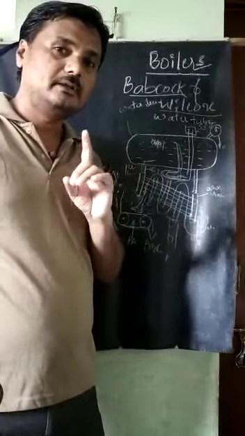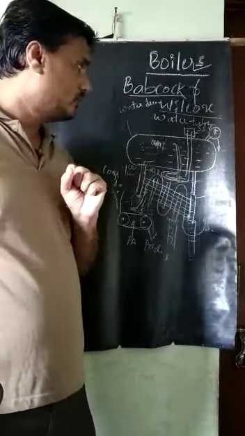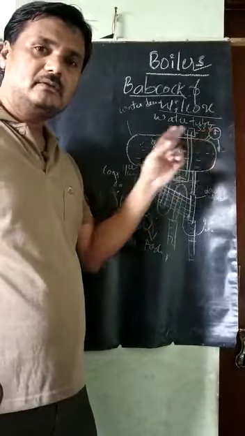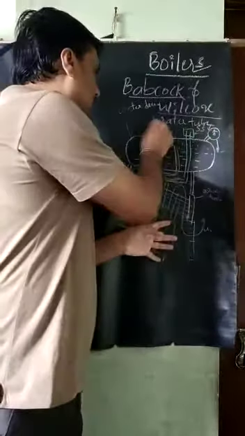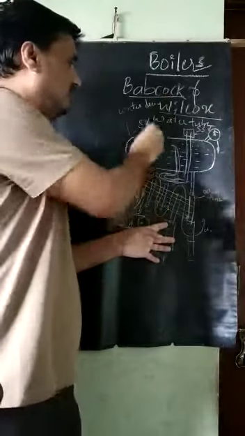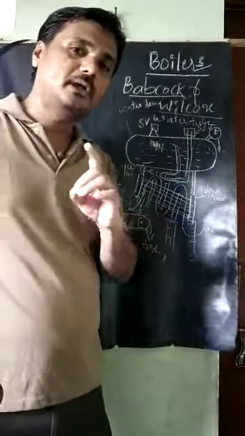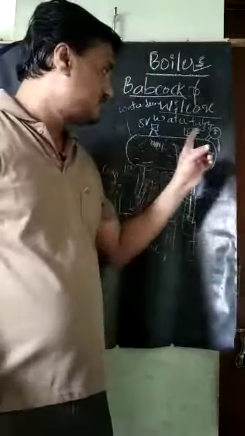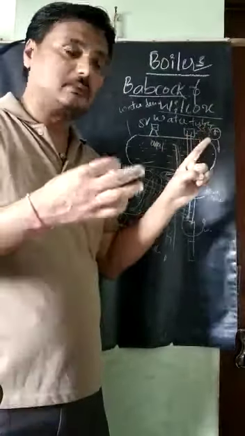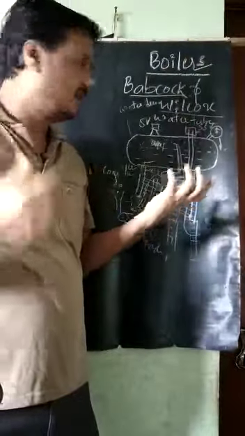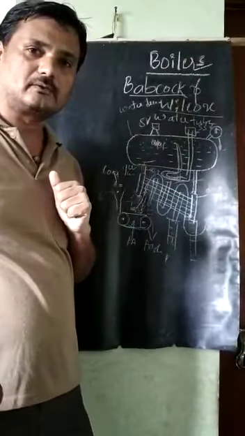So therefore, safety precautions here now. Once it reaches a certain pressure, a safety valve will be there. So this is the safety valve here, SV. What happens if the boiler drum is made for some 10 bar pressure? If the pressure goes more than 10 bar, definitely this safety valve will open. Through that safety valve, the steam will go out. That is the safety valve that is used in this case.